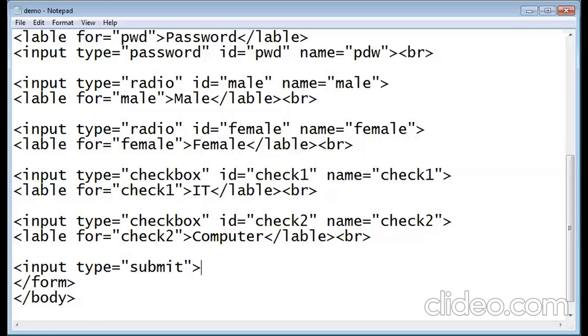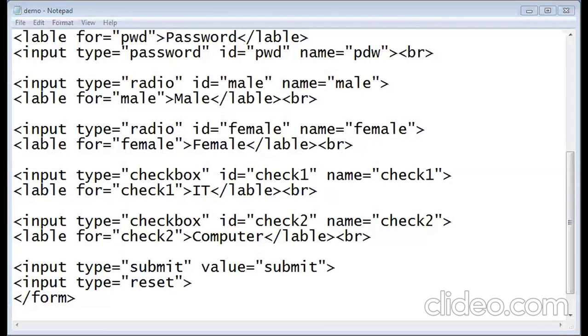Okay. Then for reset, input type will be reset. Okay, I will save it. And value on that button will be submit. I will save it.